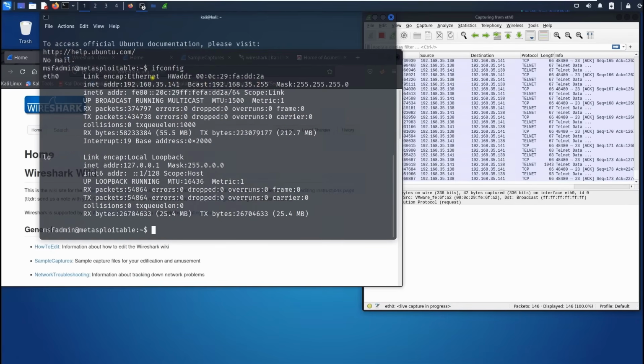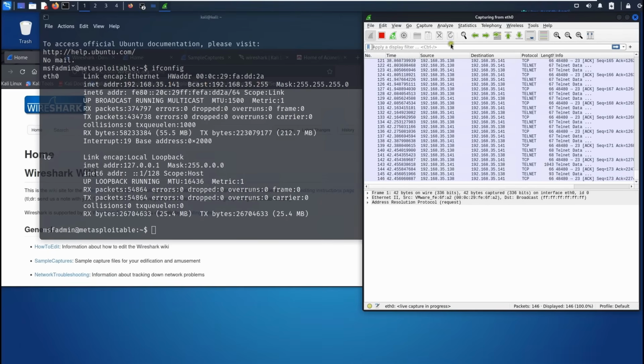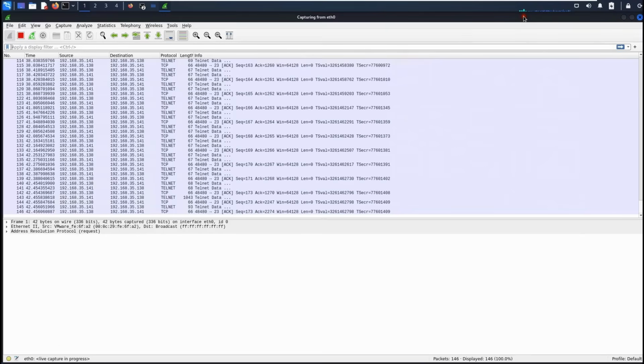So this is the IP, right? What we have to do here is, this is the code, right? So this is really cool. Let's run it in the background and stop this, because we already captured the file. We will see here is telnet. Okay, so once we do telnet here,